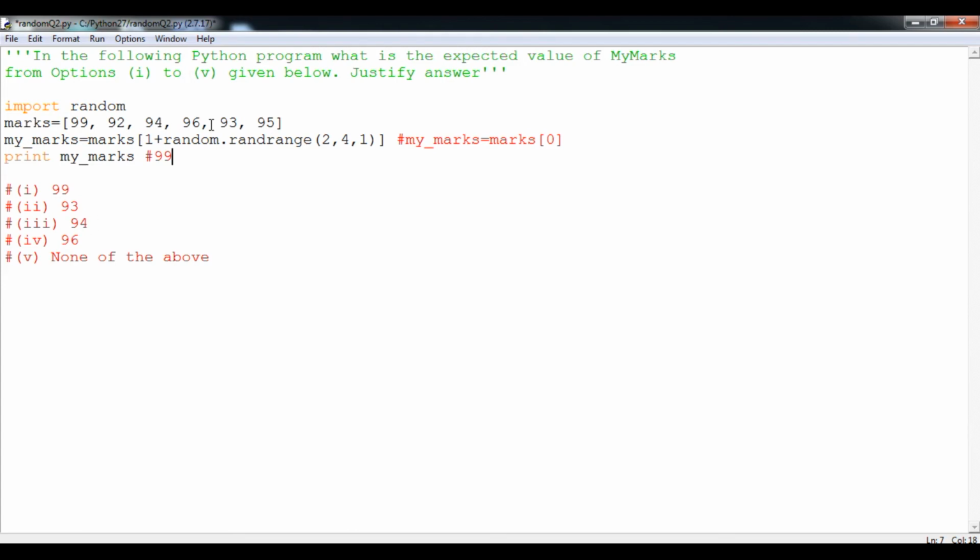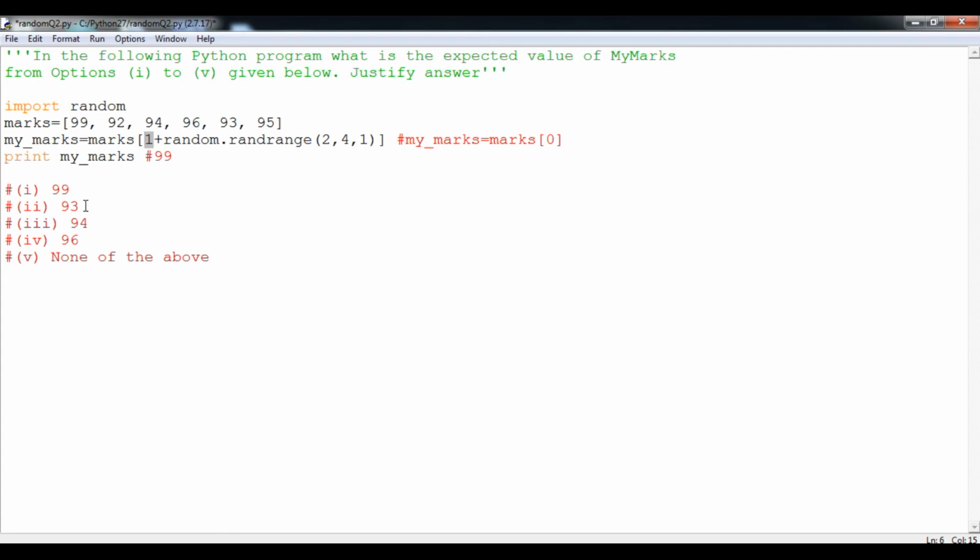Now, as I told you, 96 may be possible. Suppose the minimum value 2 has come, 2 plus 1 is 3, so index value 3 is the minimum for this particular code. So let us understand which values can come: 0, 1, 2, 3, so 96 may be one of the outputs.